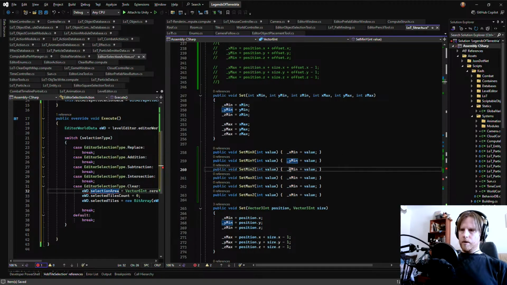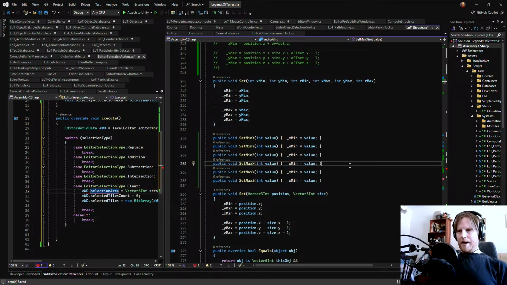Then here, this is Y min, Z min. And then to set the maximum X, it actually has to be different. Like, it's gonna have to be... Or maybe not.